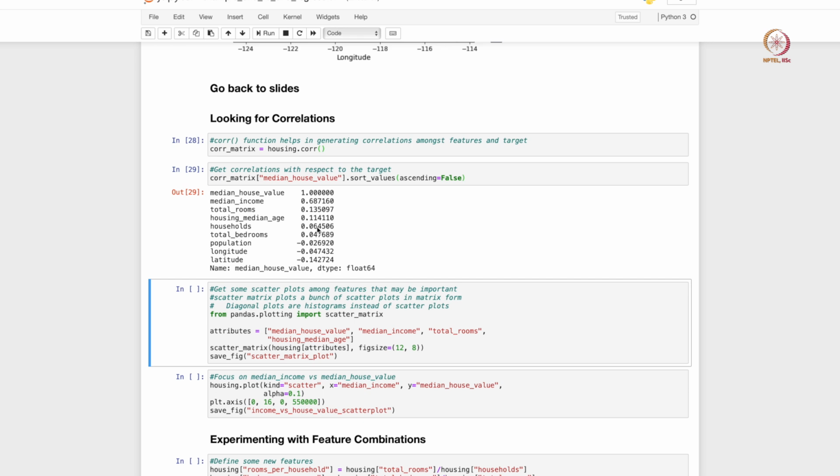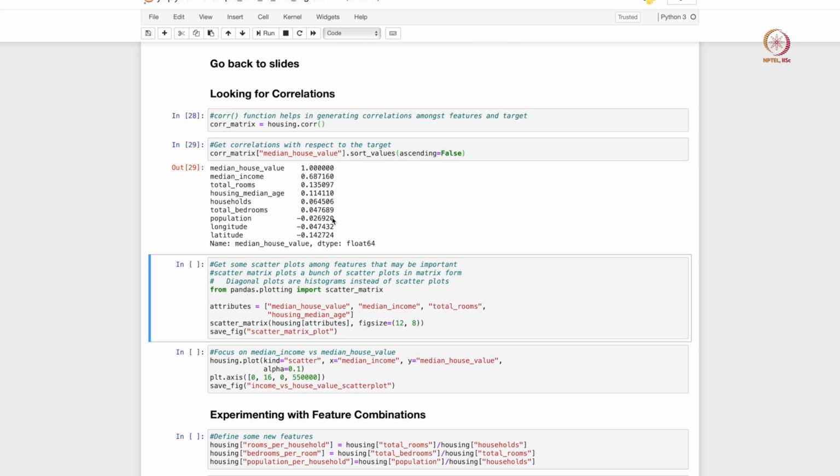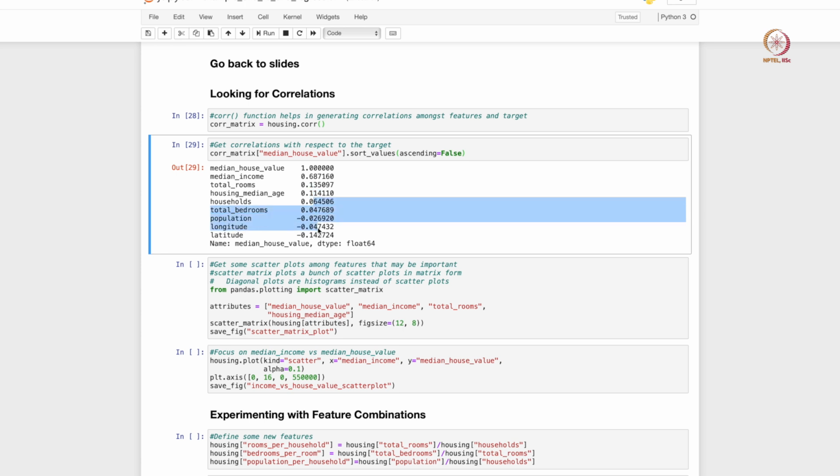And if you actually look at the features, it looks like median income is the most strongly correlated. So I think that was a good guess. Higher the income, higher the housing prices, or vice versa. We also see a few features that have weak correlation. One is total rooms, another is latitude, and housing median age also has weak correlation. The remaining ones have almost zero correlation. Longitude is like 0.04, that's not big. Total bedrooms, surprisingly, not big.